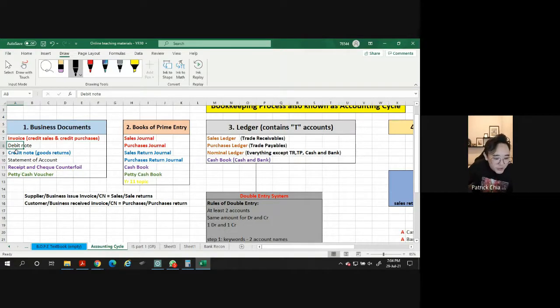All right. Credit note, need to record or not? Need to record. So credit note is always the return part. So it's either sales return journal or purchases return journal. Same thing: are we getting or are we giving? If we give credit note, that is sales return journal. If we give invoice, it's sales journal. If we give credit note, that is sales return.